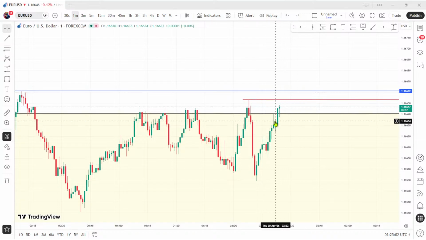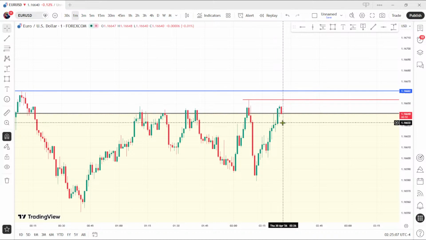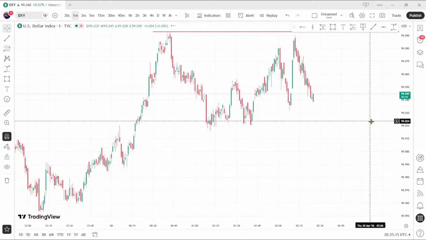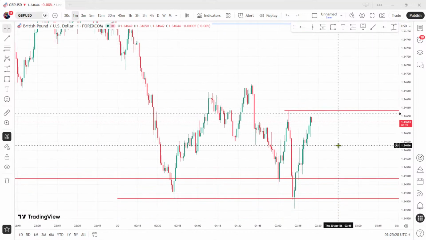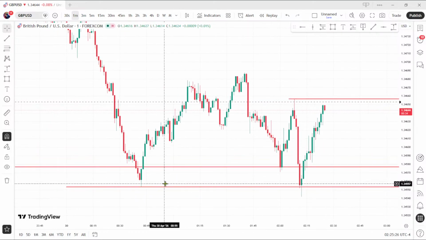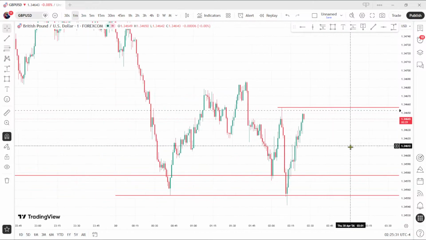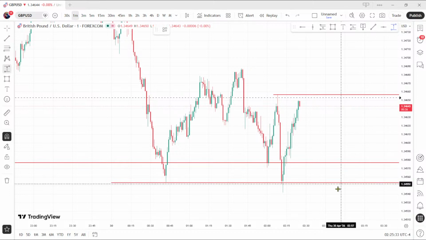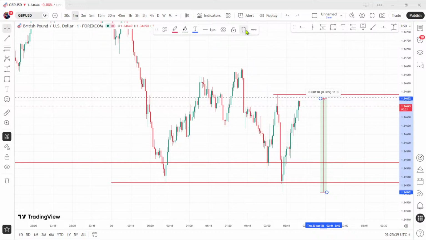This fair value gap has already happened. If it happens to come above it, then decline, come to the fair value gap, you want to buy. If it fails to have a fair value gap, I'm not interested in buying. Not a good range.